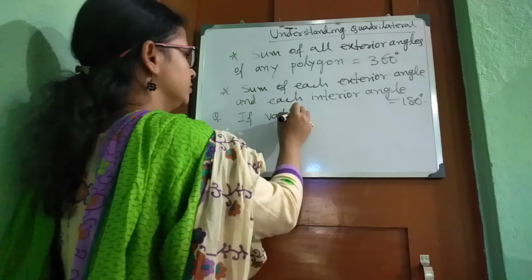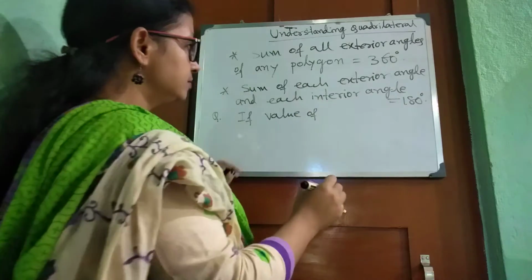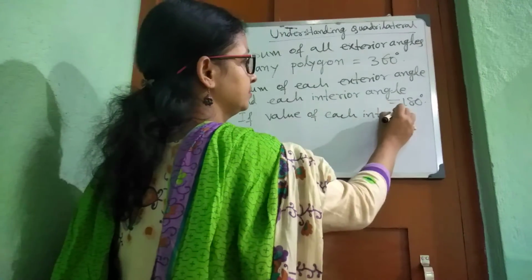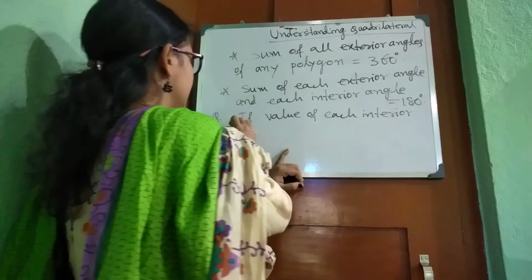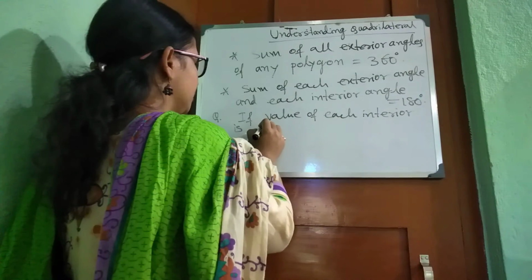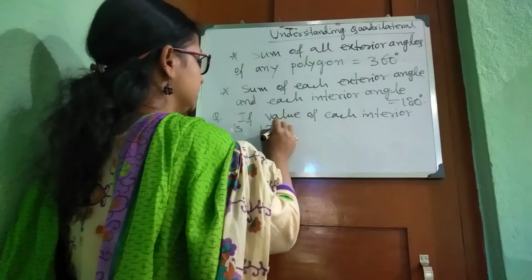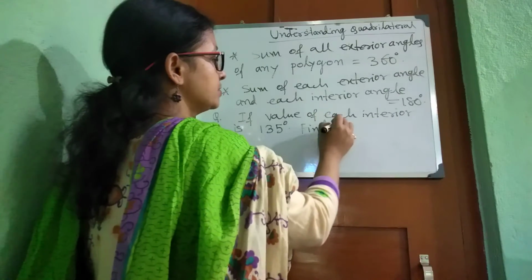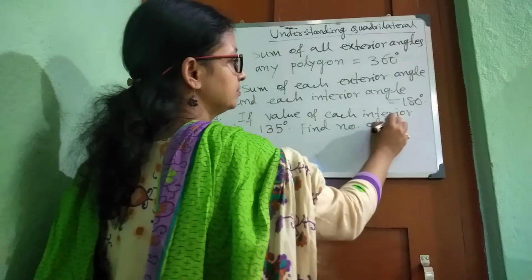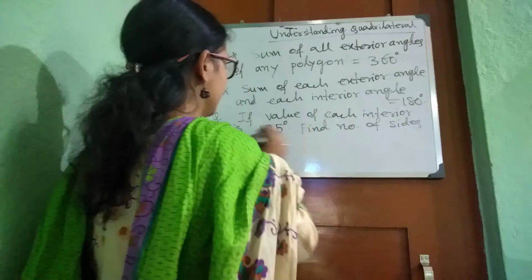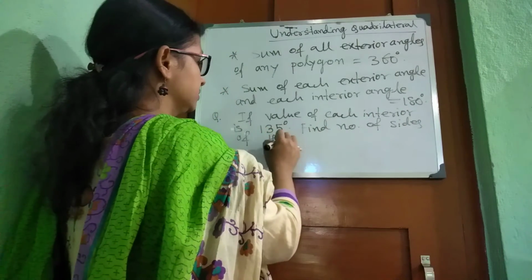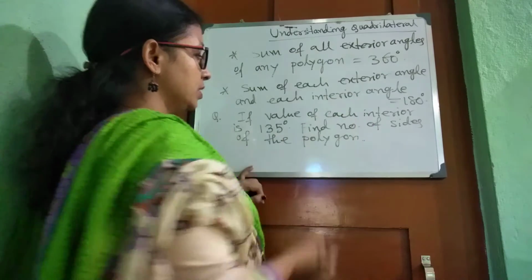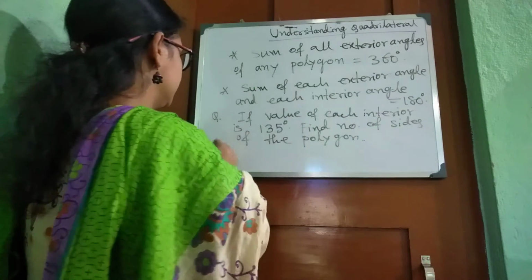One question I am asking: if the value of each interior angle is, suppose, 135 degree, then find the number of sides of the polygon. Okay, so now to solve this,